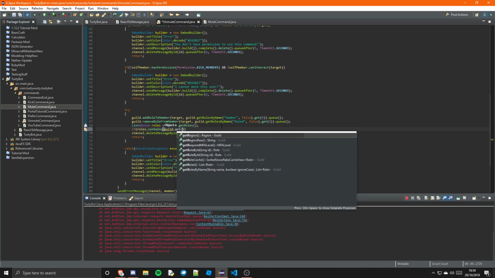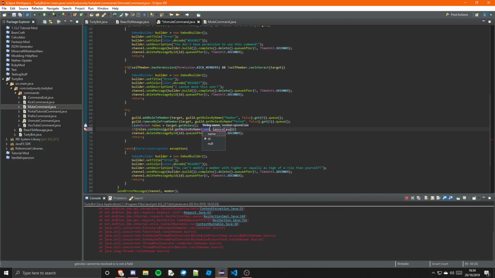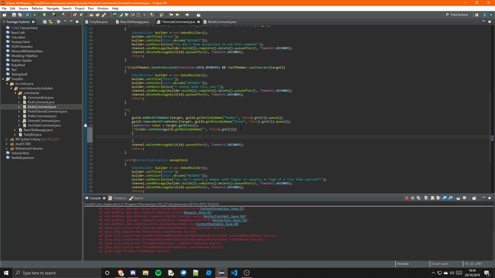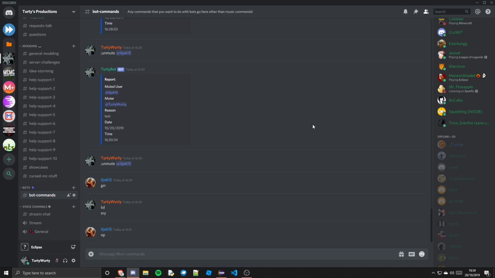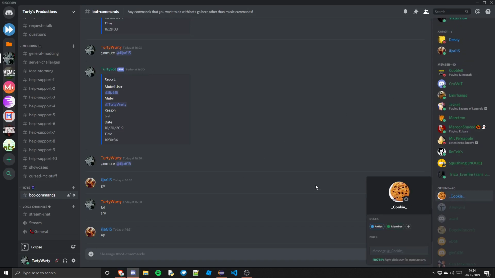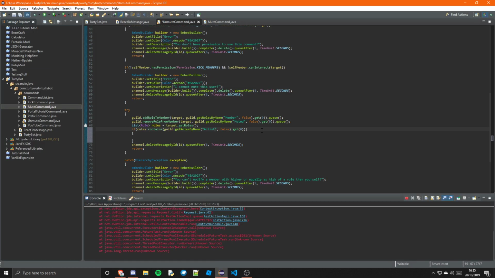Okay, and then if roles dot contains guild dot get roles by name, and then we just get 0, false. So if it contains, is it artist or artists? That's a good question. It's artist, okay. Yeah. So if it contains artist, then we want to do